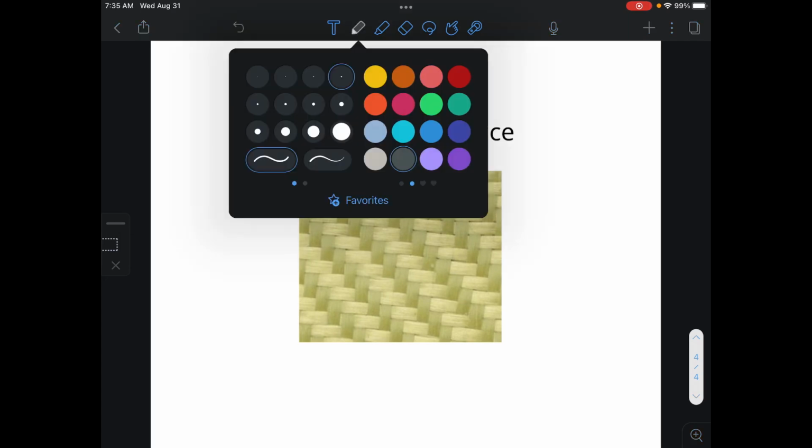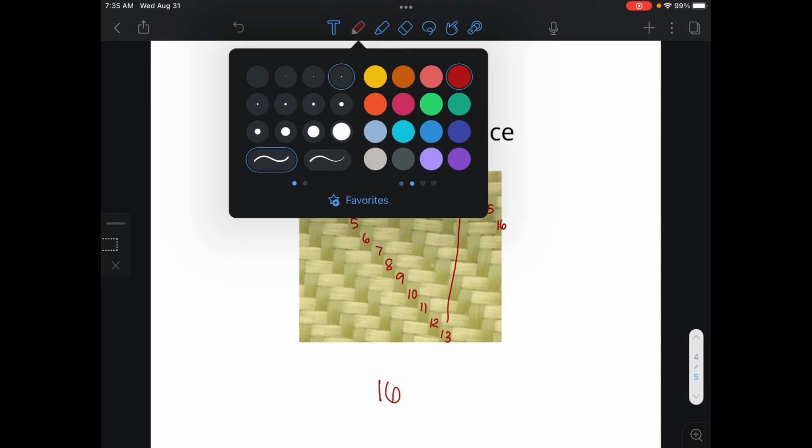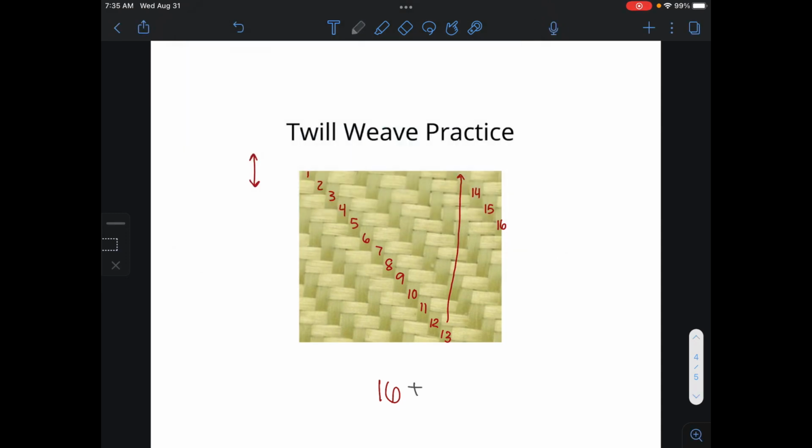Let's go ahead and check our work here on the twill weave practice, starting with our warps that go up and down, moving from the left to the right, starting all the way in the top left-hand corner. We have 1, 2, 3, 4, 5, 6, 7, 8, 9, 10, 11, 12, 13 down here at the bottom. We are not quite to the edge of our inch by inch square, so we'll move back up to the top and move on to 14, 15, and then right here on the edge we have number 16. So 16 is our warp count